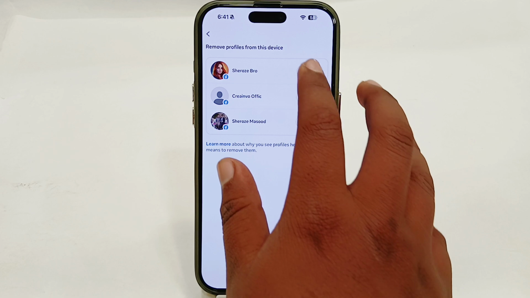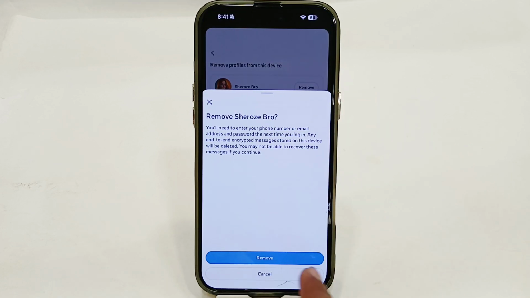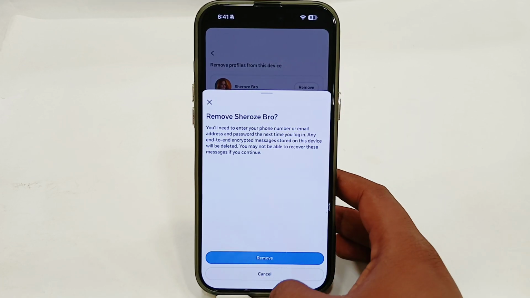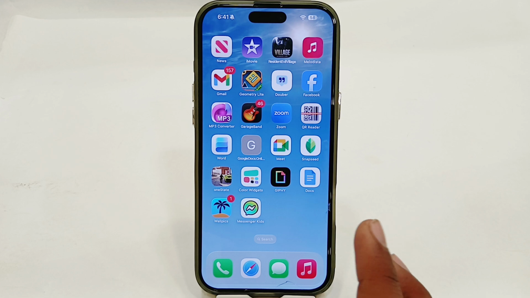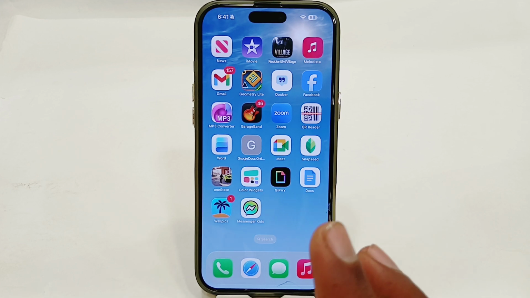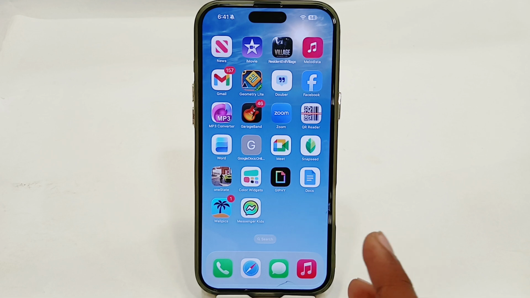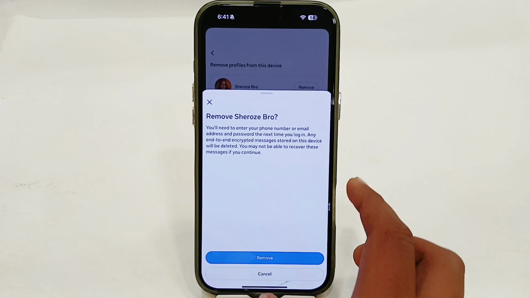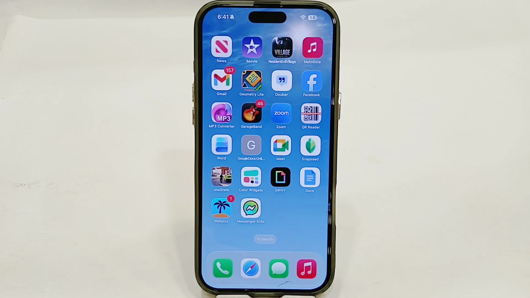So let's say I'm going to remove this one. Just tap on remove. Then tap on remove again. It will completely remove your account only from your iPhone. Your account will still remain, but it will be completely removed from your iPhone, as you'll not get access without logging in to your account. So in this way, you can easily delete your